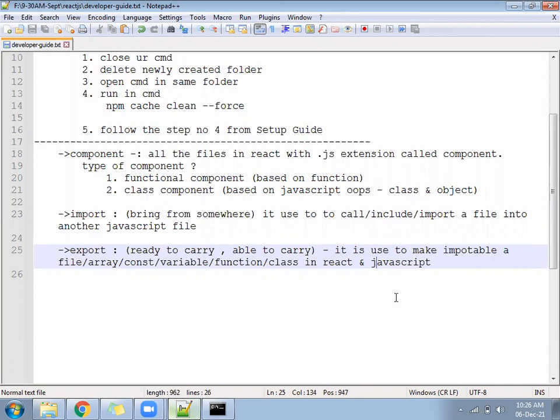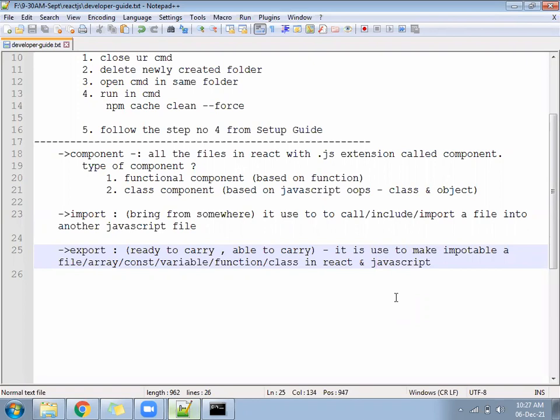Suppose in a project you have 10 services. You have stored them in an array, and you are displaying them on one page. That is fine. Now you want to display the same services on 10 pages. So what do you have to do? Copy paste the same array everywhere. Tomorrow if you want to add one more service, you have to go to all the files and add one. So React.js says no, don't do like that.